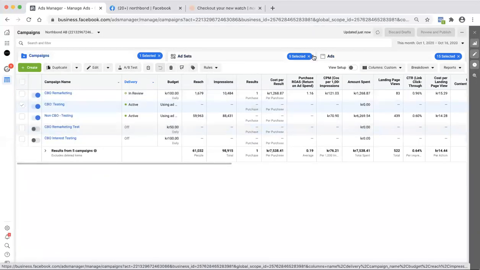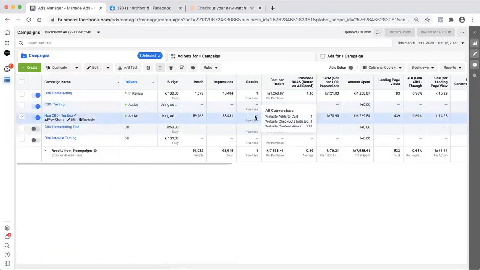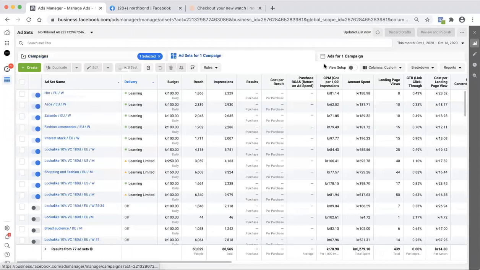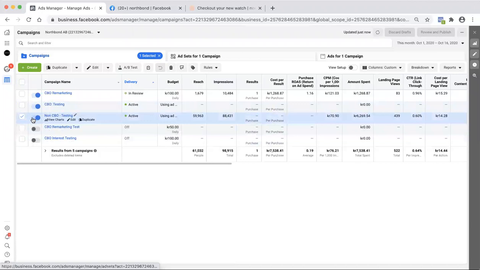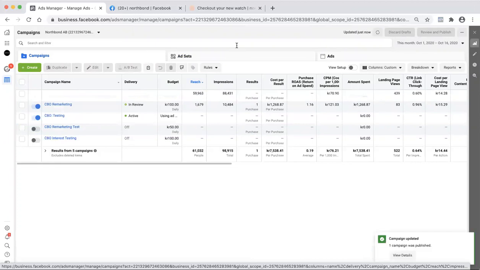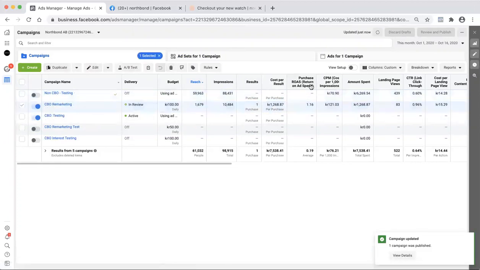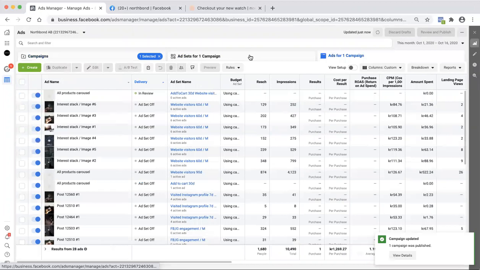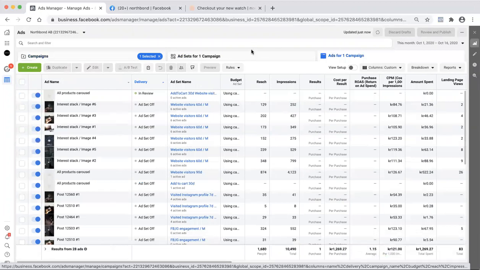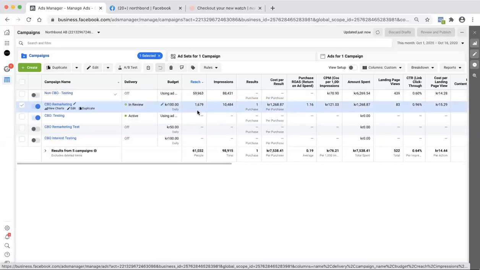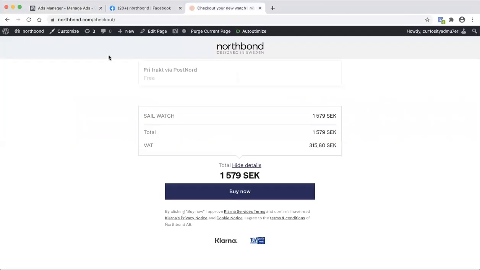I can imagine. And okay. Yeah. So this testing, okay, I would shut it off. Yeah. The entire thing. It didn't work. It's burning too much money. We only want to get purchases right now. So for this remarketing, yeah, don't do any lifestyle images, just do the actual product image. Okay.